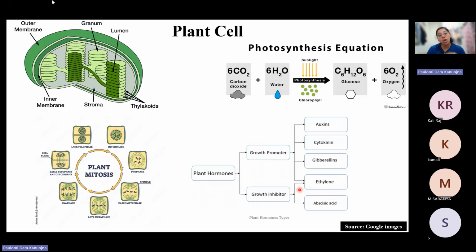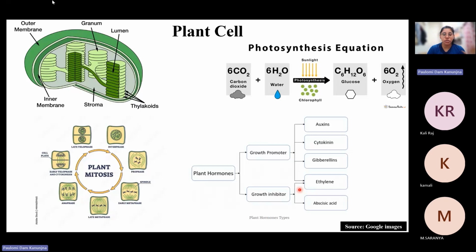And the ones that stop the growth, why would you want to prevent the growth of cells? In the case of abscisic acid, that's because you want the seed to undergo dormancy. So if there is any stress in the environment, these hormones are released, just like in animals also, right? We also have the release of epinephrine, norepinephrine in response to our surroundings. Similarly here, in case there is stress, you have abscisic acid that leads to seed dormancy and ethylene that leads